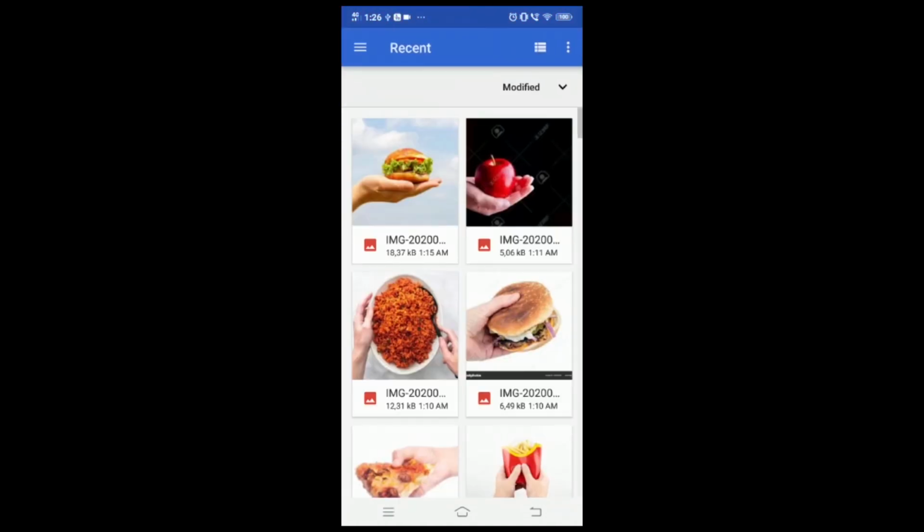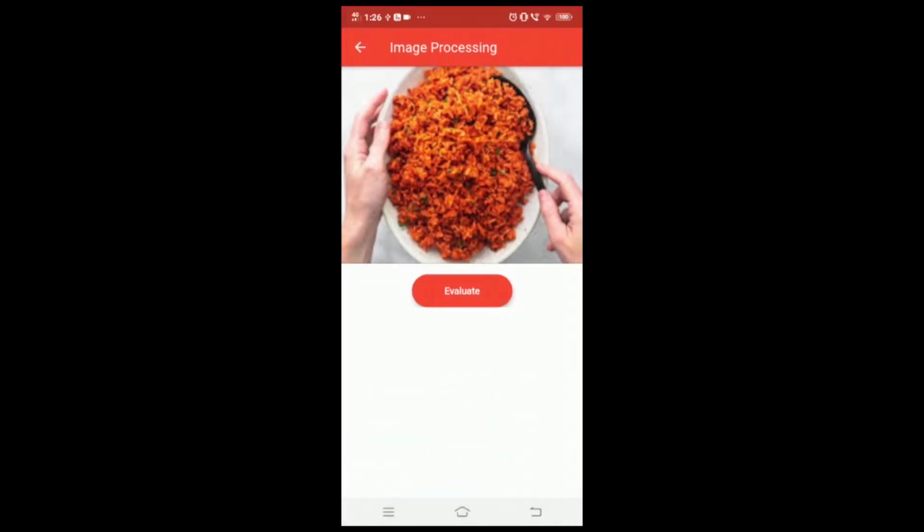Let's quickly scroll through a few other images. How about we choose rice, which we eat daily? Well, this also displays the carbohydrates, fats, proteins, and calories present in rice.